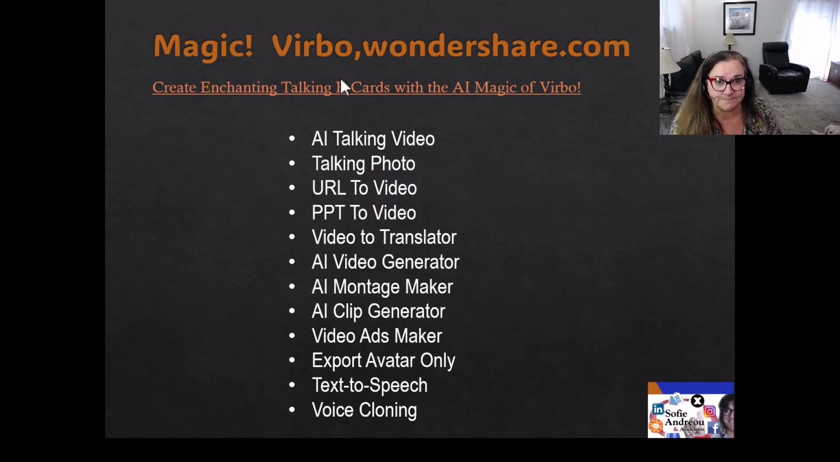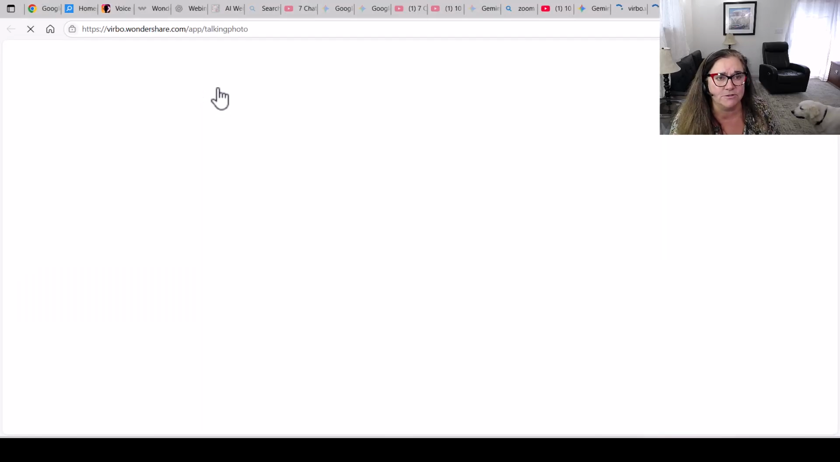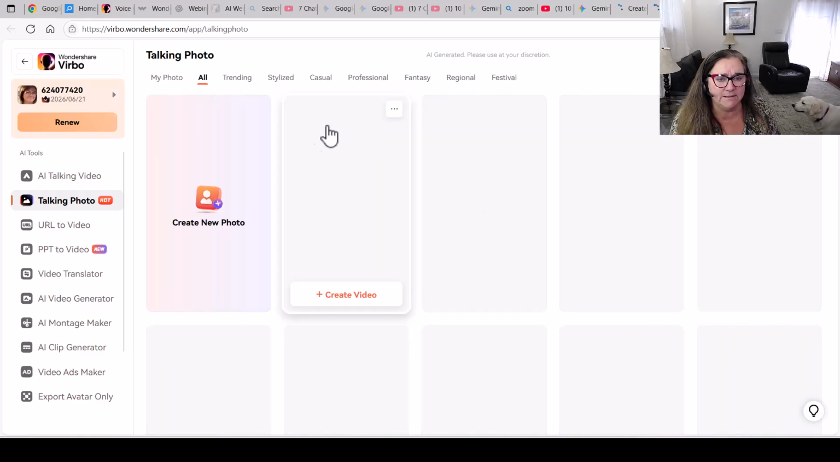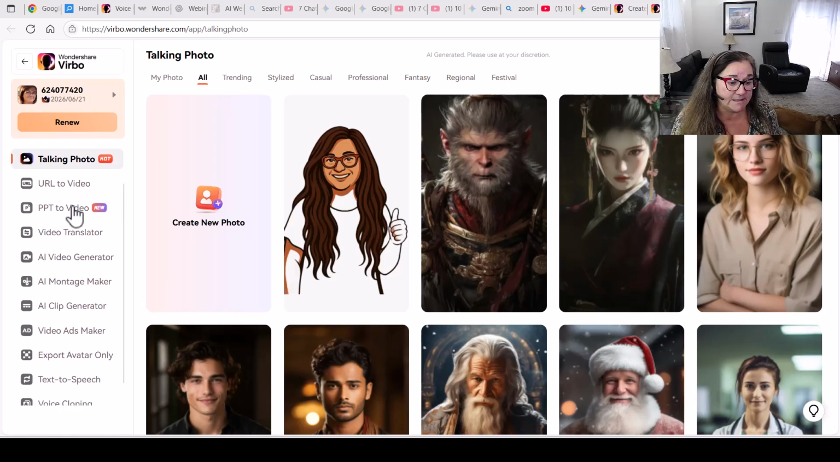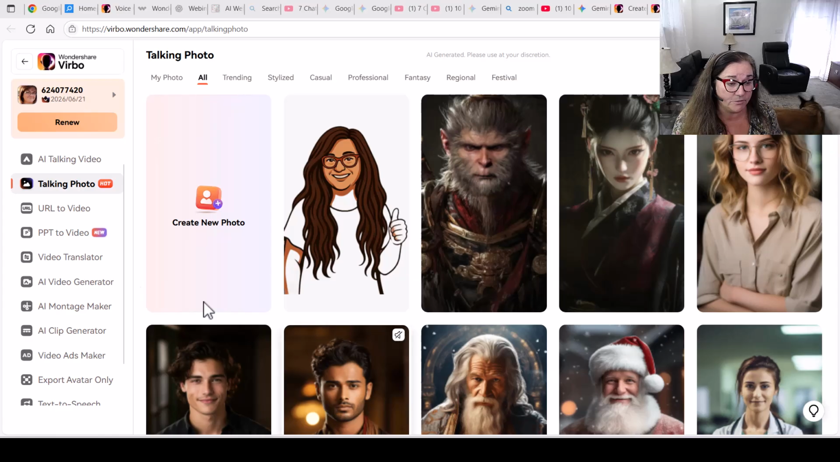Verbo.wondershare.com has become more and more enhanced. They've enhanced it. I love Verbo now. I'll just show you some of the things you can do on it. This is where I cloned myself on Verbo, and where I uploaded myself, and then I uploaded my voice because that's all I could do at the time. But now, when I'm looking at Verbo, what it can do, I can actually